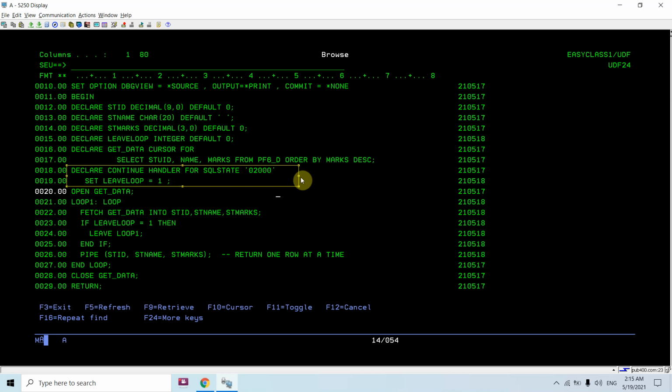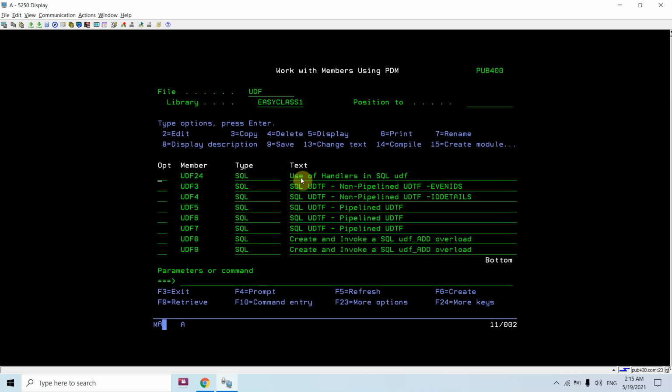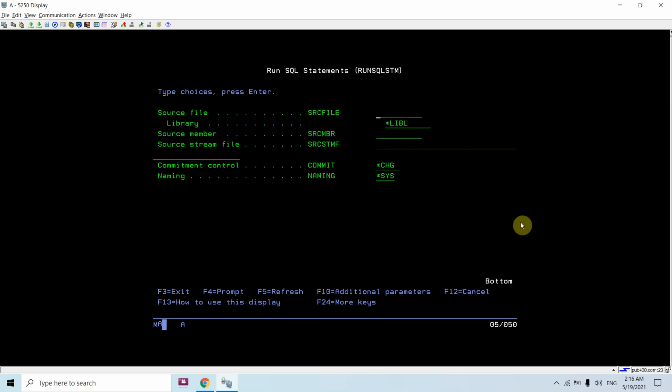Now let me compile this, run SQL statement, UDF easy class 1 UDF 24.